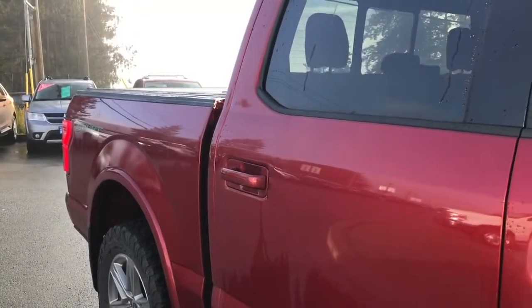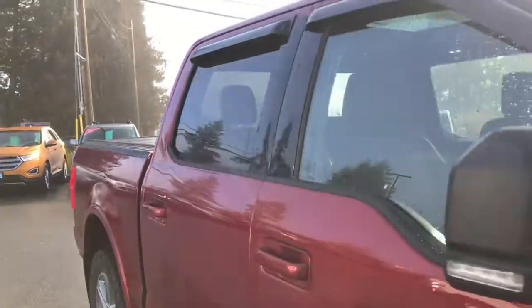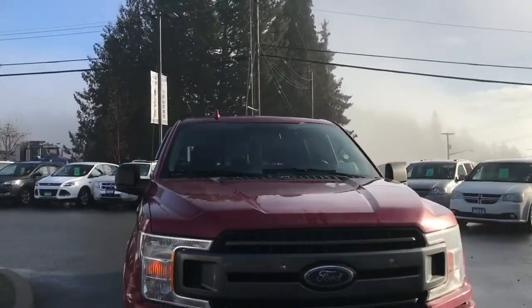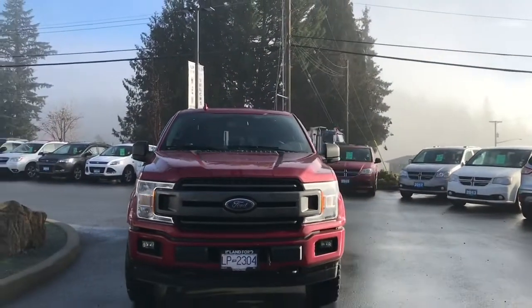Body-colored bumper, mud flaps, 5.5-foot box, tonneau cover, privacy glass in the back windows with window vents, heated and powered side view mirrors with blind spot information system, halogen headlights, fog lights, tow hooks,